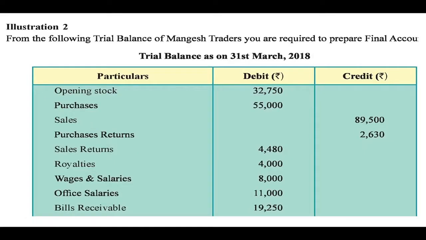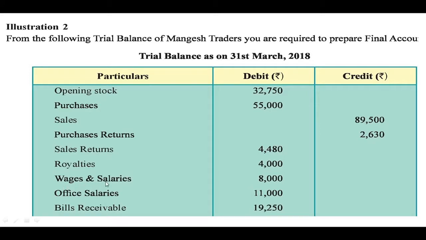Then wages and salaries are given. Now you will get confused that both are given, so where to record? When wages are given first, it is considered as direct expenditure. But if they give salaries and wages, then it is considered as indirect expenditure, and you have to record it on the debit side of the profit and loss account. So in this case, wages are given first.